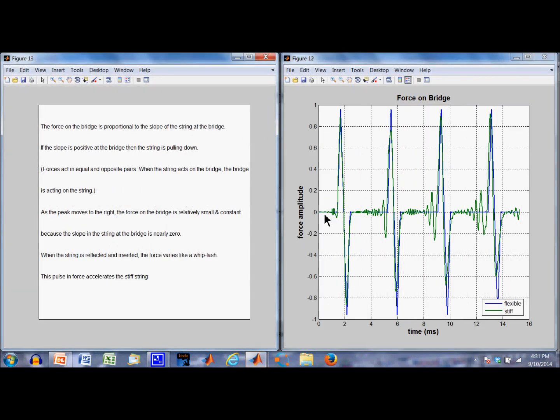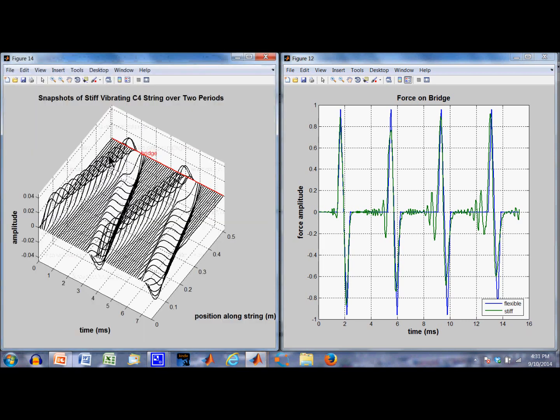Now here is the force on the bridge for the first 15 or so milliseconds of simulation. You can see that the force is proportional to the slope of the string. Over here, for example, is a time versus position picture of the wave shape. You start out with the initial pulse as a consequence of a hammer strike. Actually, you can see right along back here is the initial position of the string, which is flat. Then we get this pulse, and the pulse